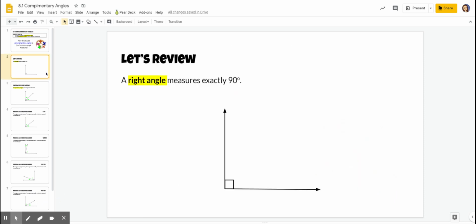You might remember from, let me think, probably fourth grade, that a right angle is a special type of angle that measures exactly 90 degrees. We can tell that not only from using our eye, but by looking at this angle here. The two rays come here to form this vertex, and right in this vertex there's this little square. That symbolizes that this is a right angle, that this angle measures exactly 90 degrees. The reason why that's important is because complementary angles